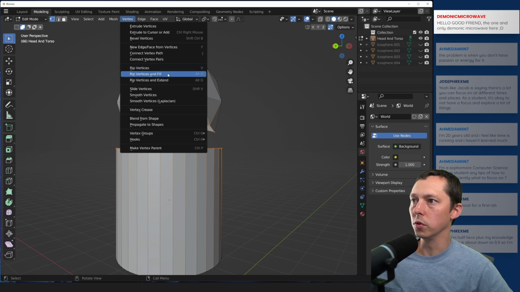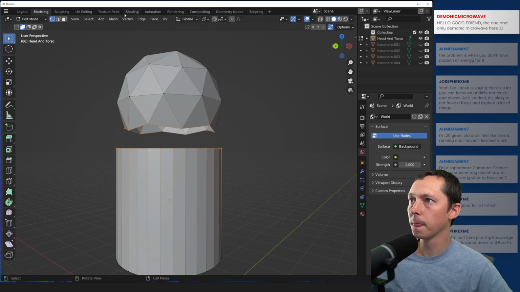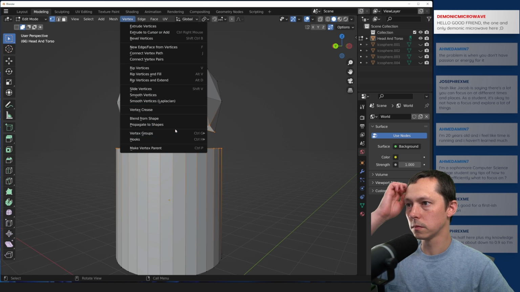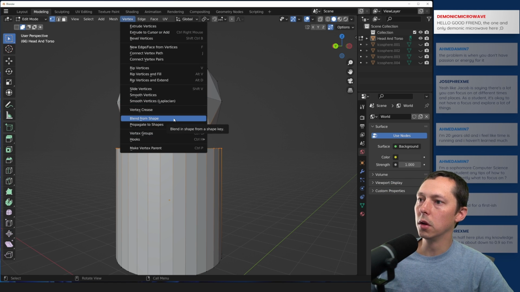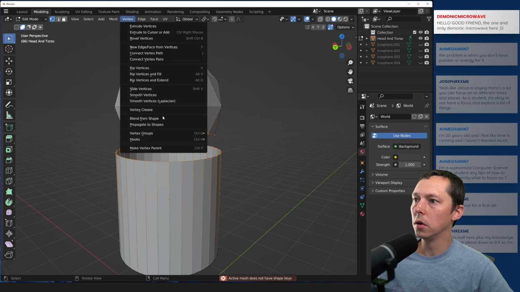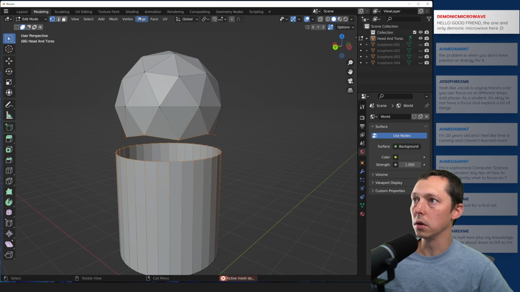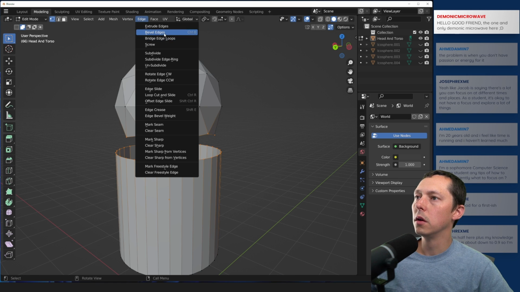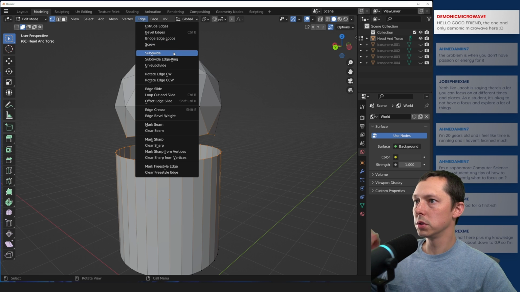Rip polygons and move the result. Slide vertices, smooth vertices. We don't have shape keys. Okay. I don't know what shape keys are. Bridge edge loops, subdivide,